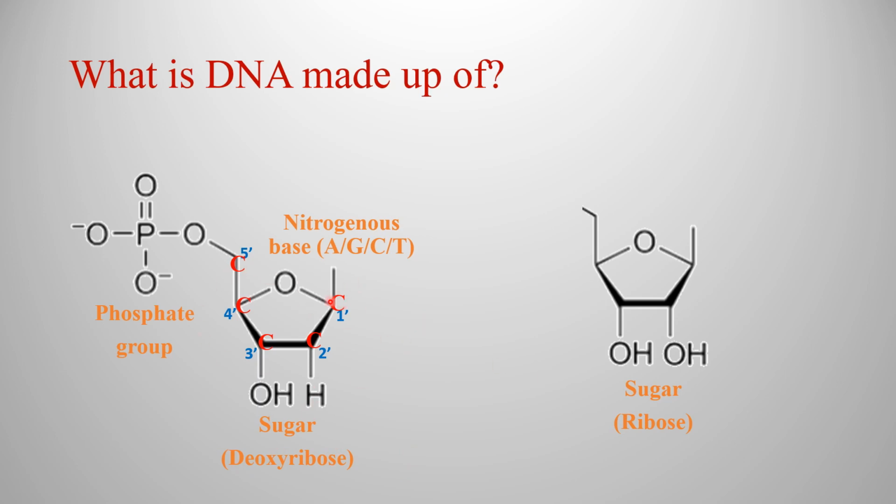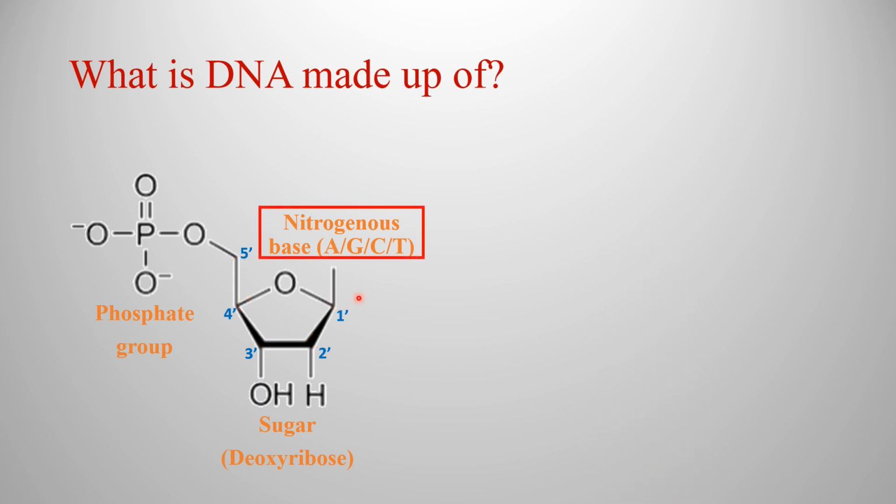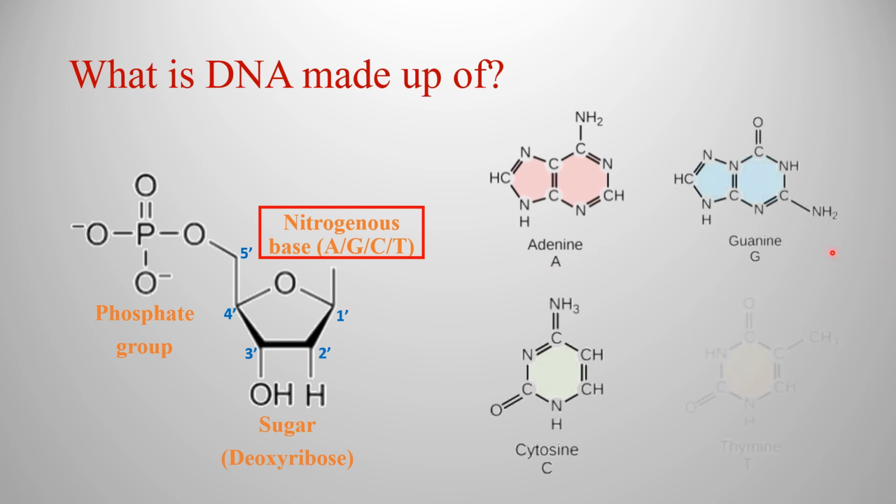And this sugar molecule is covalently linked to a nitrogenous base that can be either adenine denoted as A, or guanine denoted as G, or cytosine denoted as C, or thymine denoted as T. And you see the minus sign on these oxygen atoms in the phosphate group. This minus sign indicates that the oxygen atom has one more bond that can be linked to another atom.